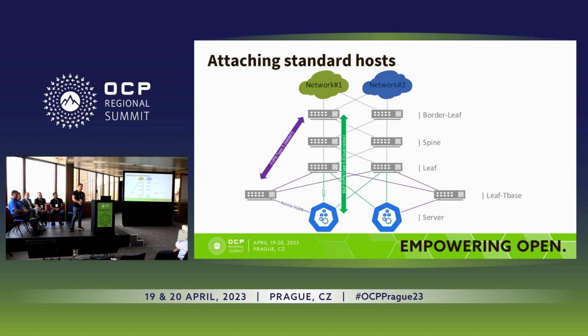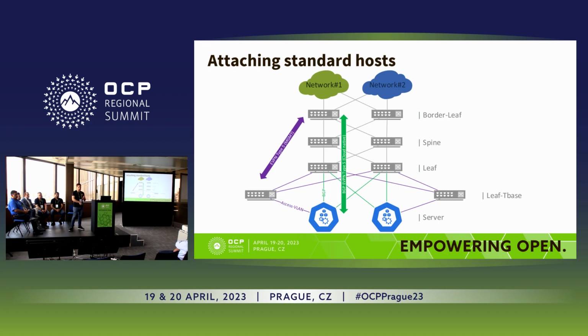To save some spot on the spine switch, we just connected them to the leaf because they are something like management switches in our case. When you have a look down on the servers which are connected, in this case also worker, you can see purple lines which are named here with access VLAN because it's the lights-out management port of the server. And we provide from the leaf T-base a static anycast gateway to forward the traffic from there to the different